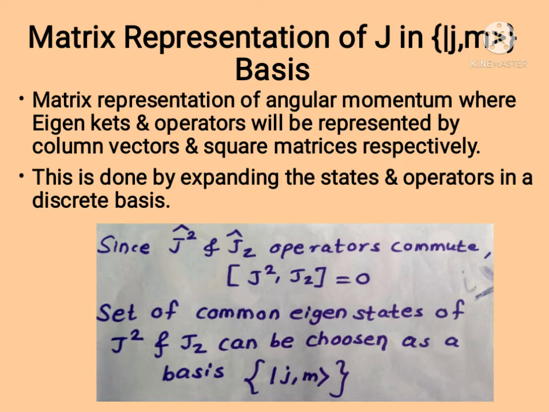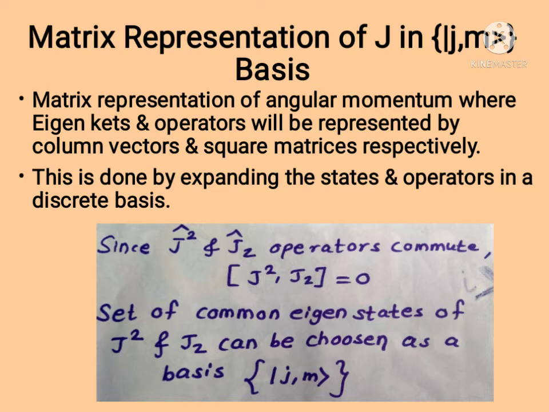To find the matrix representation of J, we consider J square and Jz. For that, a set of common eigenstates can be chosen as a basis